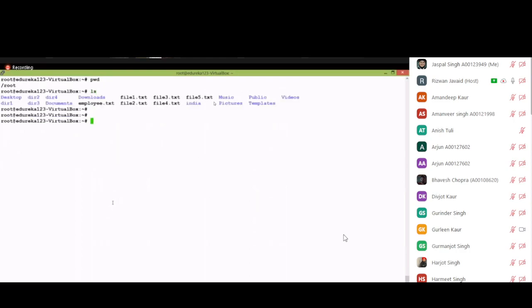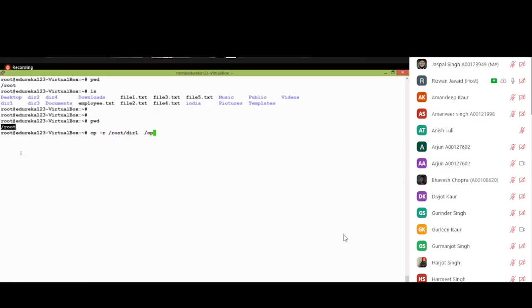To copy a directory, you have to mention the option -r. R is nothing but recursive mode. What you want to copy, where you want to copy. I want to copy a directory called dir1, /root/dir1. Why am I not giving /root? Since I'm already working under /root, I'm giving a relative path. If you want to give an absolute path, you can give that. See, dir1. Where is dir1? It is under /root. So when you're working in the same directory, you can always give a relative path. When you're not working in the same directory, you have to give an absolute path. Like that, you can make use of different paths here.